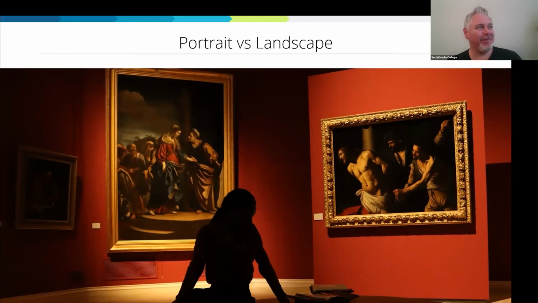Now, this has become possibly one of the more important concepts when we discuss scroll stopping video content in 2022. And this is this idea of portrait versus landscape. A lot of what we talk about today has actually been driven out by changes on TikTok. But that being said,